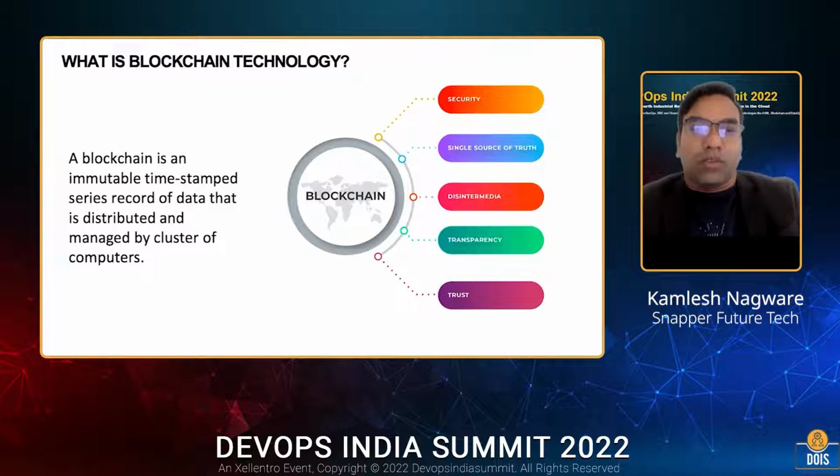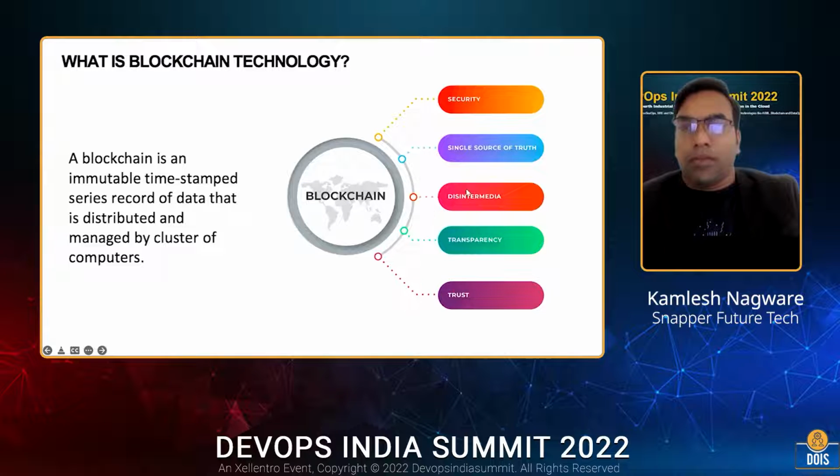Blockchain is simply a distributed database. In very common language, it is a timestamped series of records of data that is distributed across a cluster of computers. Cryptography is an essential part of the blockchain system, because whatever data we write in a ledger is timestamped with cryptographic encryption. This brings security, because whatever data we write has a timestamp plus a cryptographic signature, so nobody can modify the data.